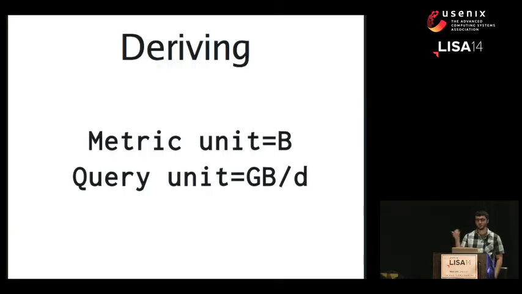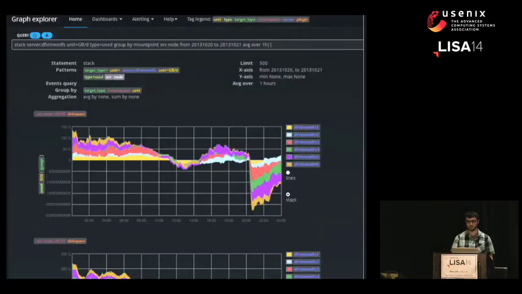The other way around, if you have a metric that says unit is in bytes, like for example disk space, we can query for it in, for example, gigabytes per day to see the rate of change. And I do this sometimes. It's automatically going to derive the data for me. And in this particular example, I have graphs for every mount point comparing the rate of change per different server.